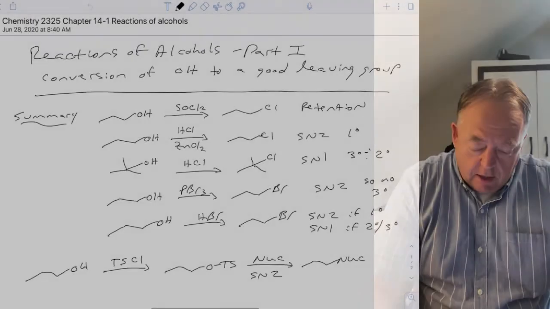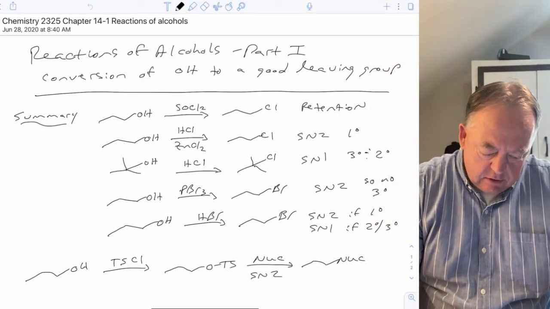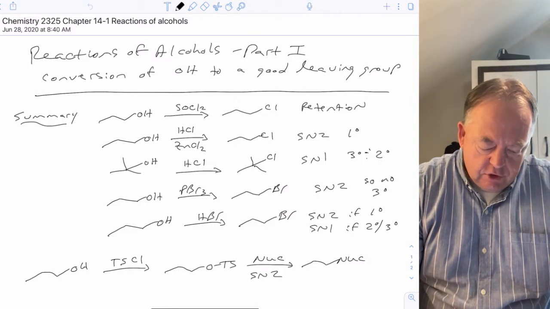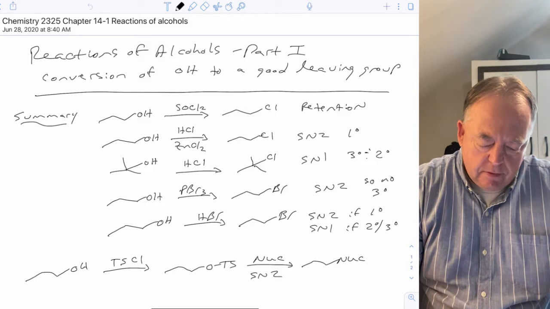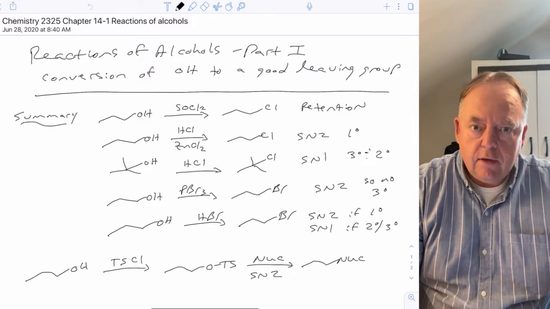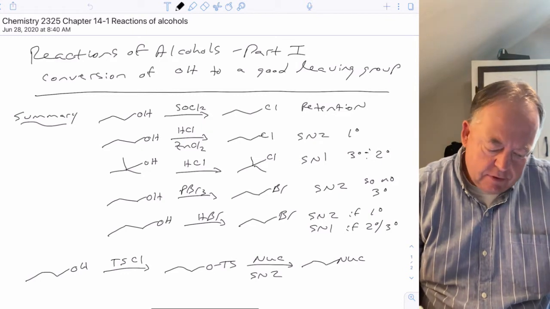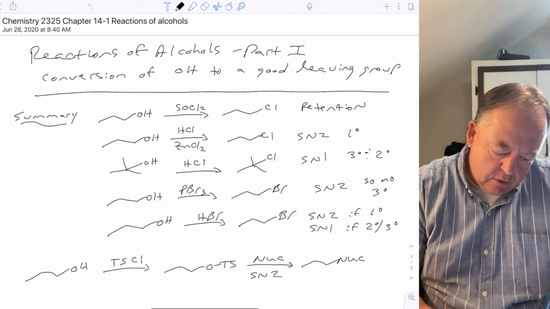All right, so this will be the first lecture out of chapter 11. This chapter covers the reactions of alcohols, and so we'll split this material up into at least 3, maybe 4 lectures. So in this first part of the chapter, we're going to look at the conversion of alcohols